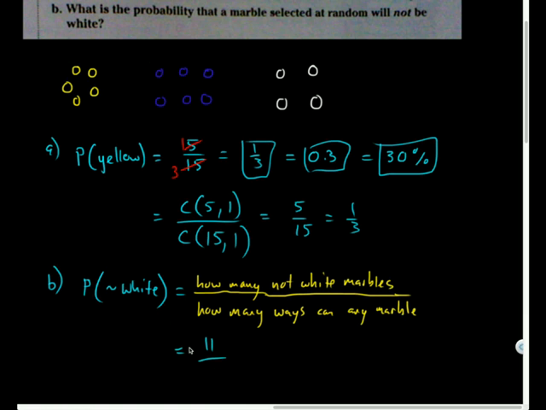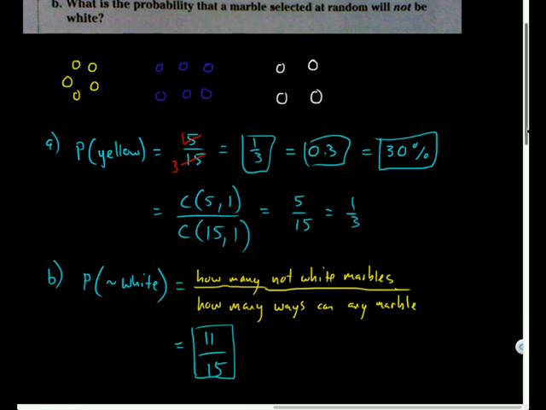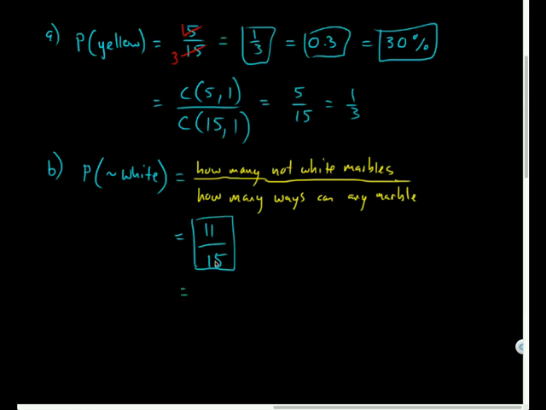That's 11 over a fraction bar, right? And then over the total number of ways I could pick a marble out is 15. So 11/15ths, actually that's fully reduced there, isn't it? So that would answer my question. And then if I was to use combinatorics, my numerator, the number of not white marbles to pick from was 11, and I'm choosing 1. The number of marbles to pick from is 15, and I'm choosing 1, and I'd still get 11/15ths as my answer.